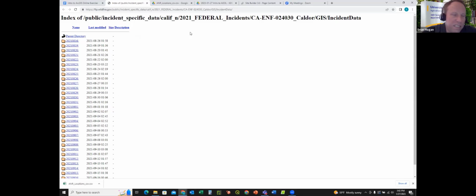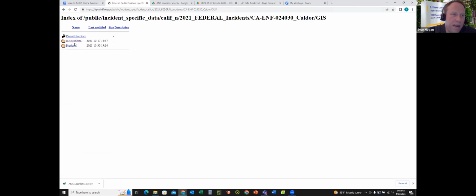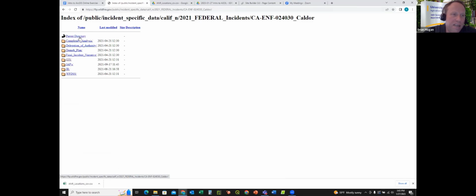So this is specifically for the Caldor fire. Don't do what I'm about to do, because it might get you lost in trying to get back to where you need to be in a moment. But if I go up the parent directory, and up higher, we're in the incident data parent directory of that. We're in the Caldor fire, but we have all these other various layers that are in here, including the infrared